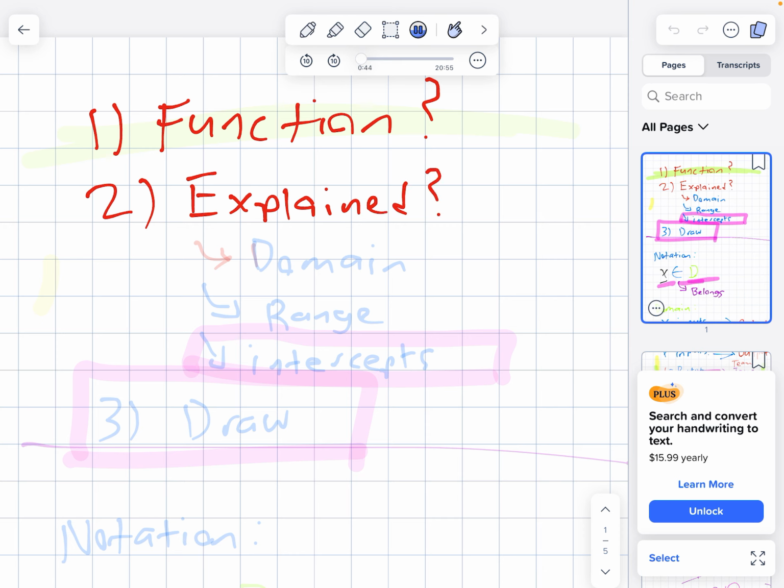By explained, I mean what valuable pieces of information can we use to gain a better understanding of our function, which will include